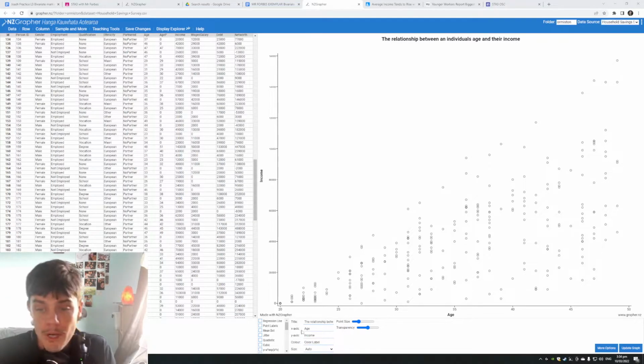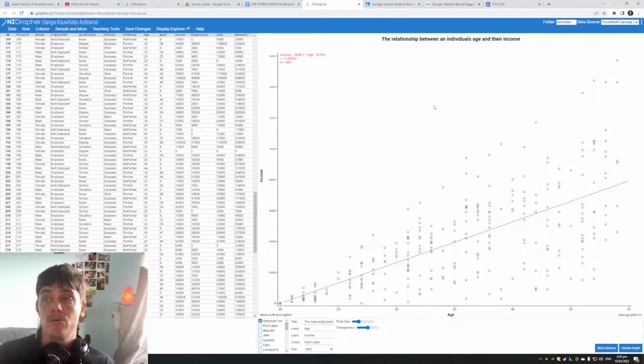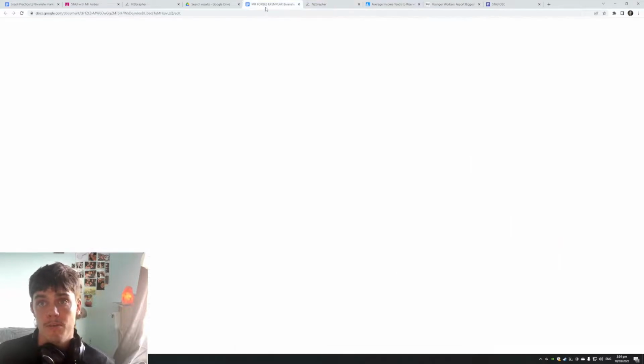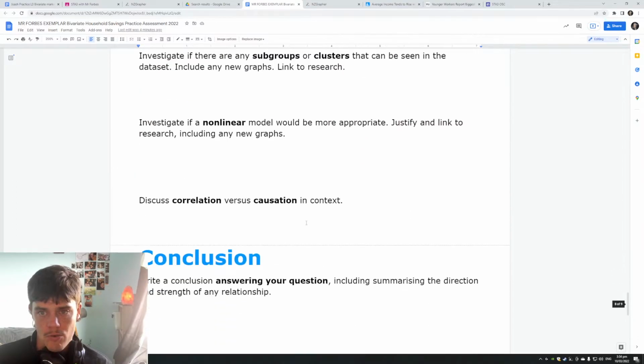Kia ora. What we're going to have a look at is finding a prediction interval. So first of all, I'm having a look at the relationship between an individual's age and their income. So I'm going to copy this image and I'm just going to take it straight down